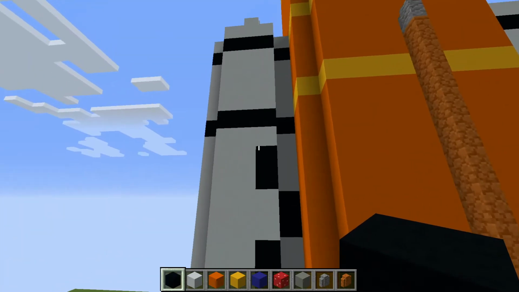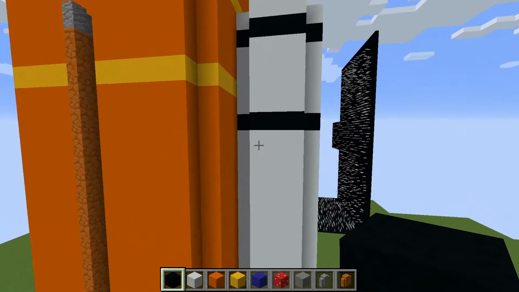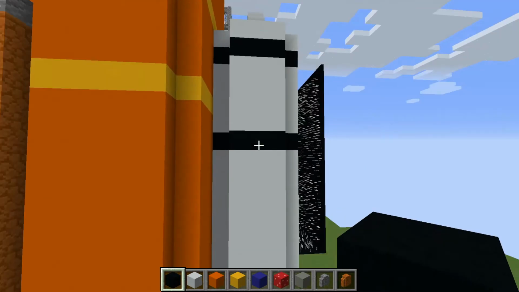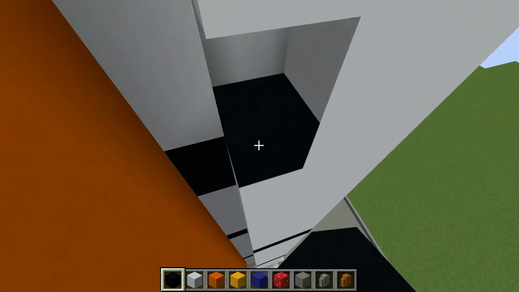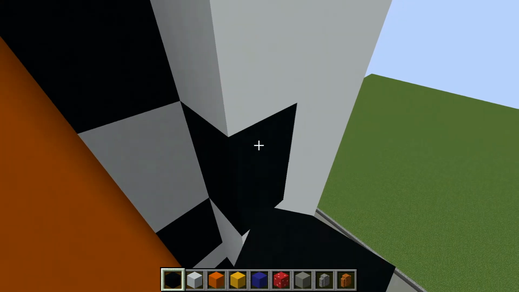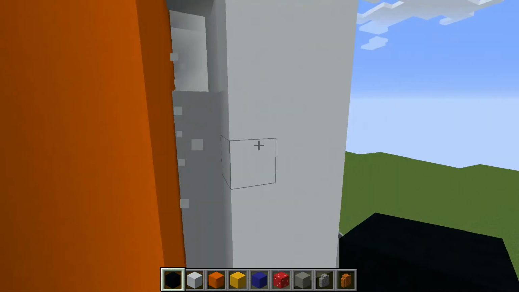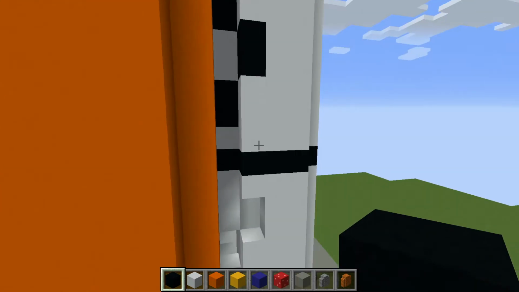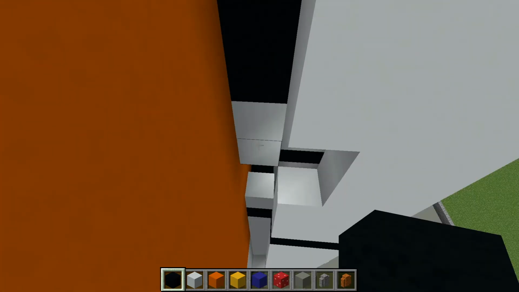Okay, so now for the itty-bitty little detail markings that make this thing look a bit more cool. All they are is diagonal strips of black concrete that are 2 blocks tall. So 1 block down from the third black ring, 2, and then 2. So boom, boom, and then boom, boom. And same thing here, boom, and then boom. And it's the exact same thing on this section, I guess. So boom, boom, boom, boom. Just 1, 2, space, 1, 2,